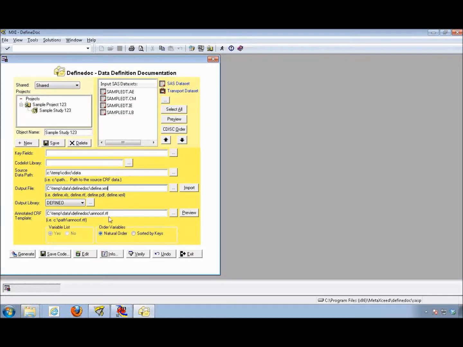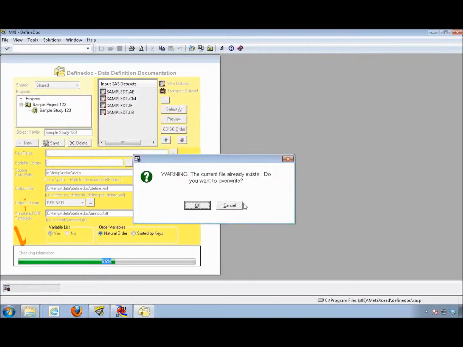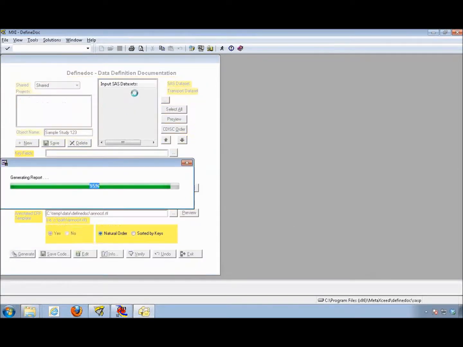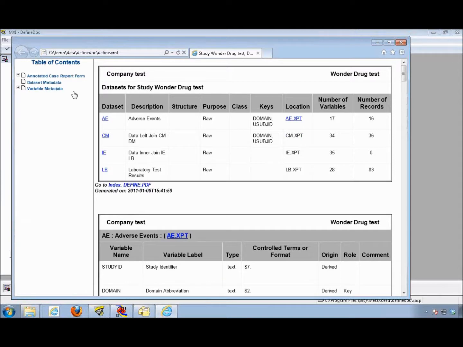So in this case, I'm going to start out with an XML file and then click on the Generate button here. When you do that, it's going to ask if the file already exists. Since I've done this before, it's going to prompt, do I want to overwrite that? If I click OK, it's going to capture all of the metadata from my input data and create the actual